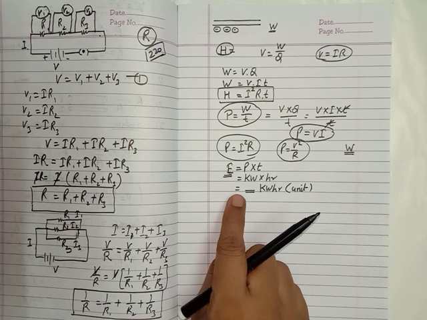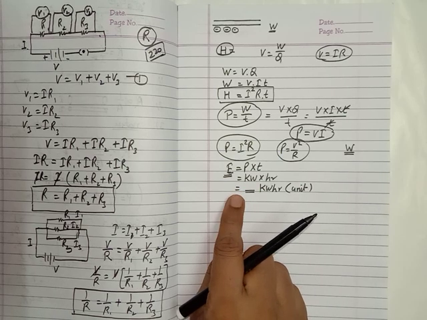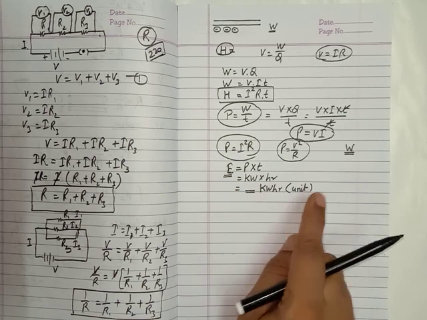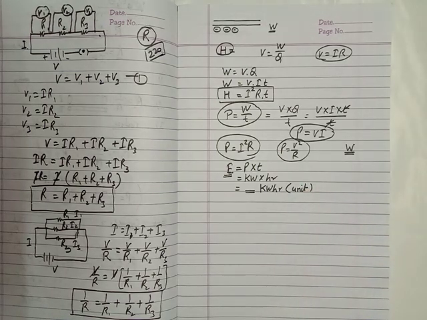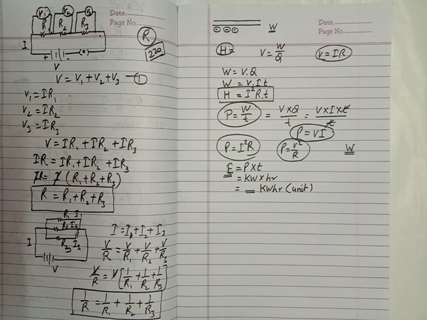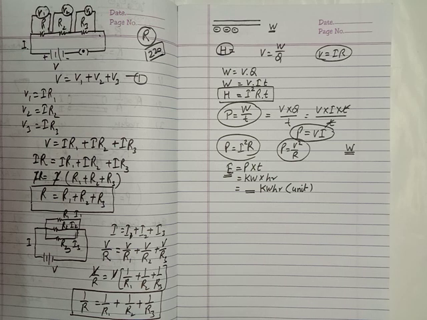Or if we want to find the cost of the energy consumed, we can multiply with the rate which is given in the questions. So there is some summary about this chapter, and sorry again, I am not going to explain any of the numericals here, because there is a time limit. If you have any problem in numericals, you can ask me on WhatsApp.